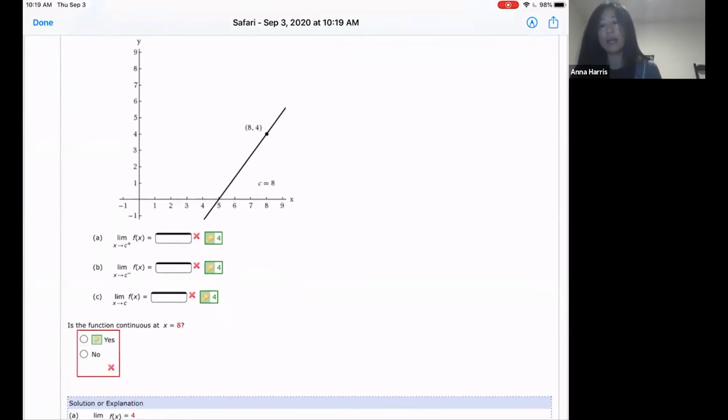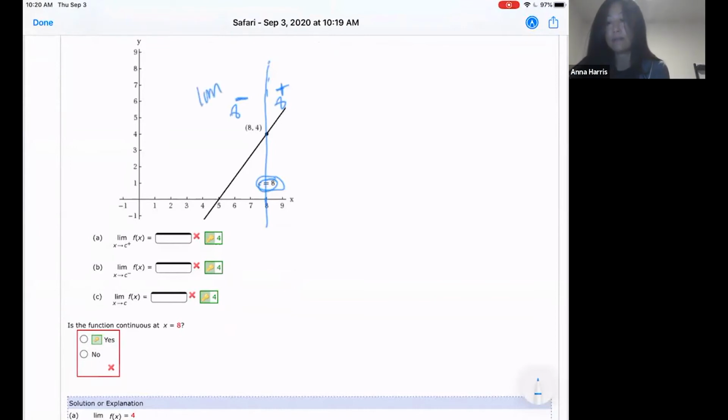All right, let's look at this graph. They told you c is 8, so I need to look at this number right here. C is 8, so this is what I'm looking at. I'll draw this line. I'm going to say this is the positive side and this is the negative side. So this is 8 from the positive side, and this is 8 from the negative side. Are you with me? As x approaches 8 from the positive side, and from the negative side. So looking at this,